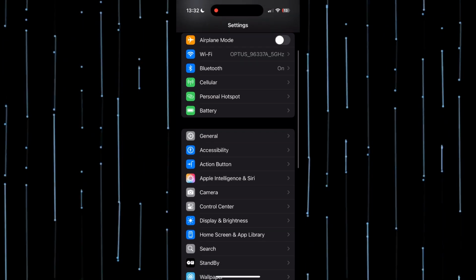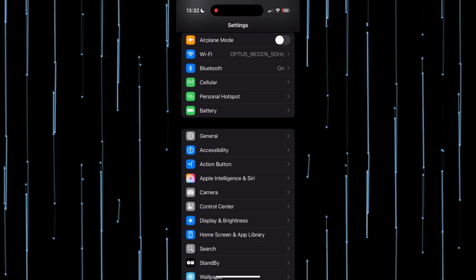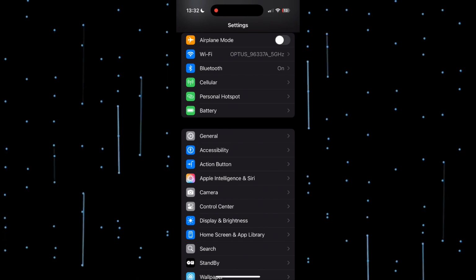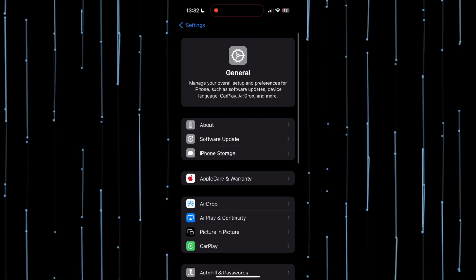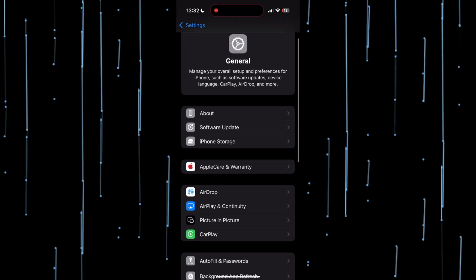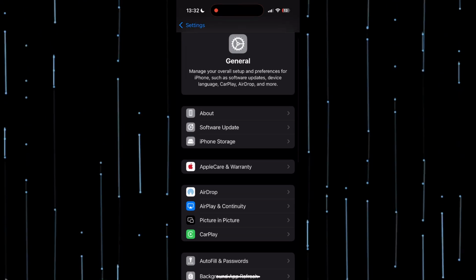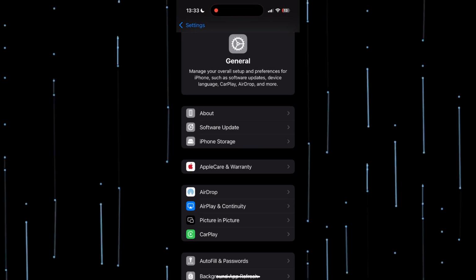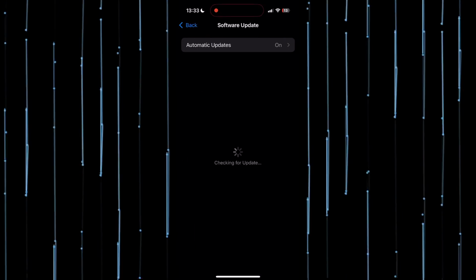To check your current iOS version, head over to your device's settings. Once you're there, you should look for the option that says General. Tap on that and then find Software Update. This section will tell you if your software is up to date or if there's a newer version available for